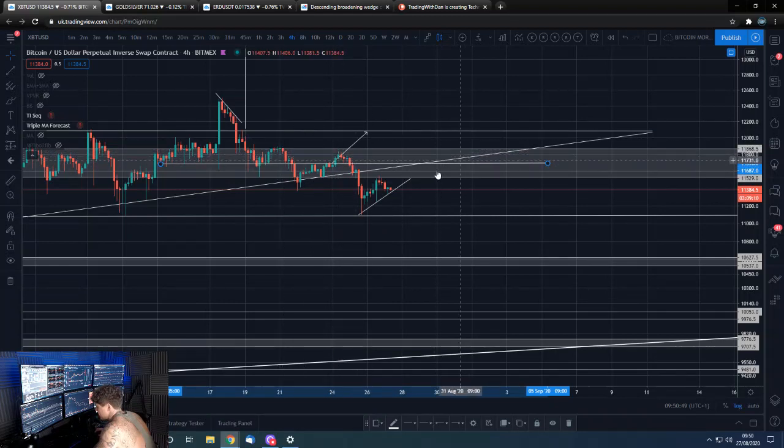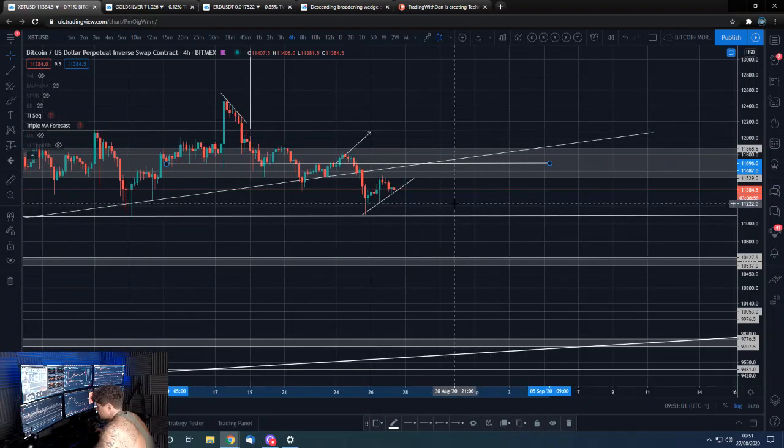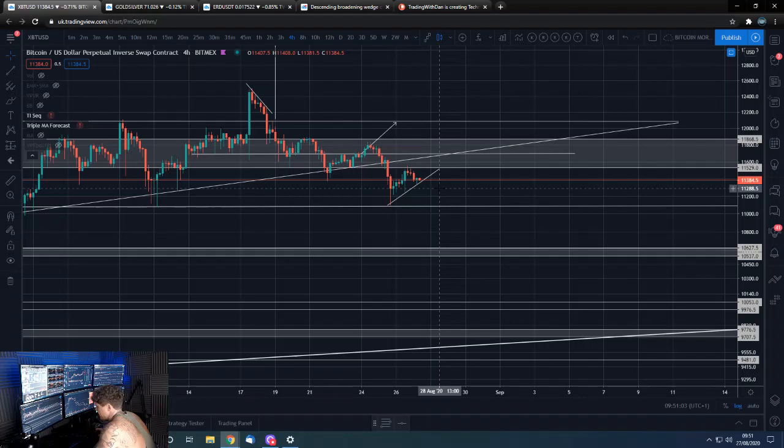So we would finally print a higher high, which would obviously be very good and would probably see us get to 12,000. And I would guess we'll take it out, but maybe play out this zone a little bit. And then just to make clear the downside, if we don't hold 11,000 the next time,